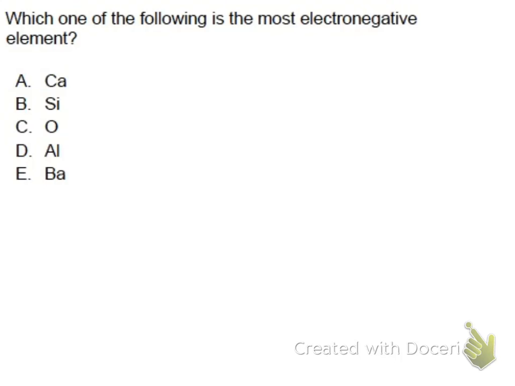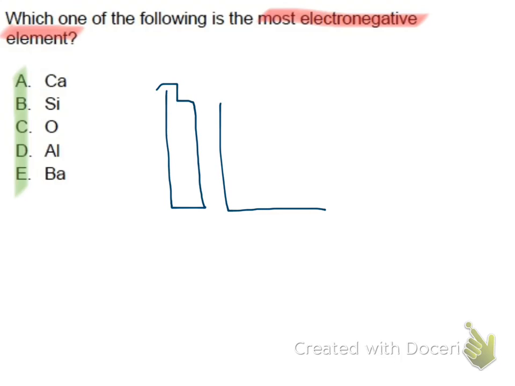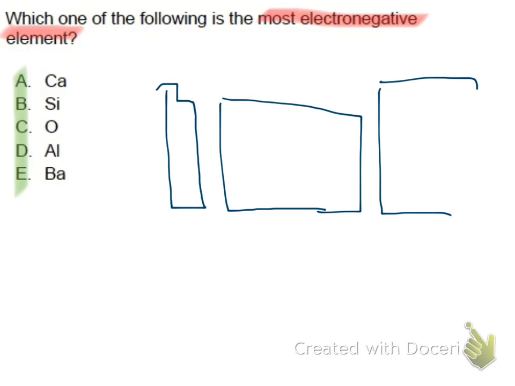Our next question is fairly similar. We want to know the most electronegative element, and we're being given some information in the form of answer choices. Again, it comes down to remembering what our periodic trends are. So there's the S, the D, and then the P blocks of our periodic table, just to remind everyone. And so again, we want to know increasing electronegativity,